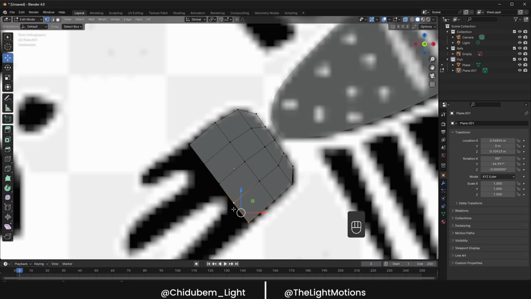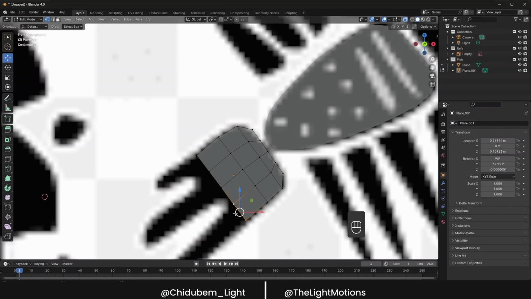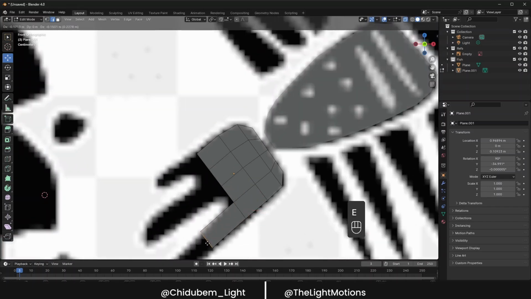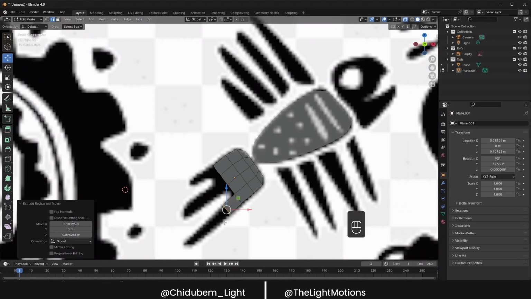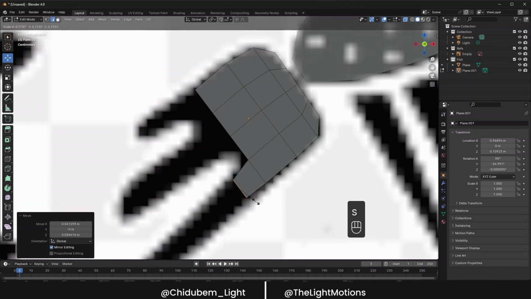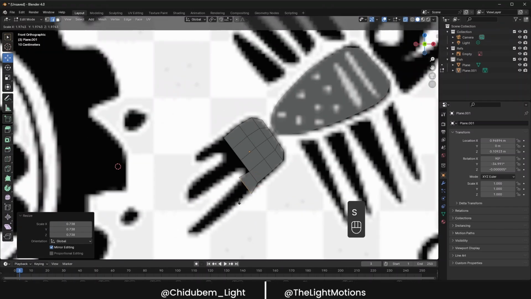Then we can hit extrude, or you can come here and just have, as you can see, just this face here selected alone. Then hit E to bring this out this way, or E like this, then S to scale it down a little bit more, then E, no, Control Z and then Escape, then E to bring out more this way,